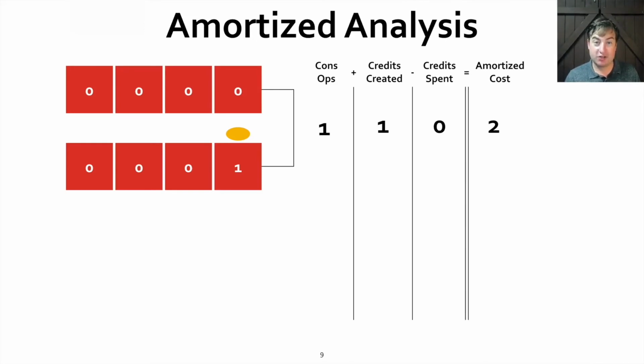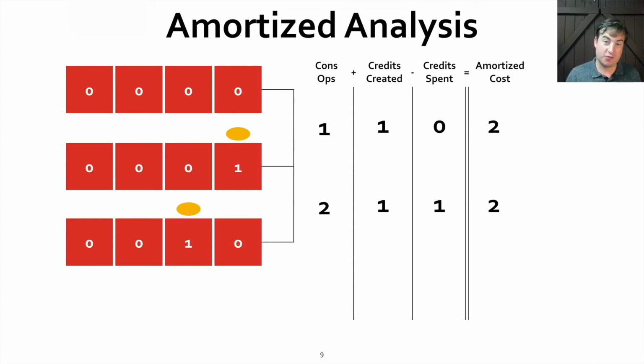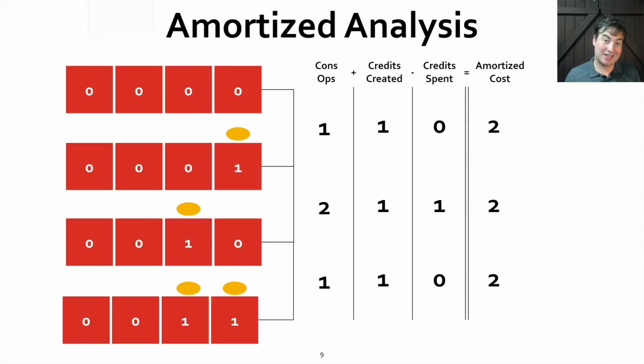And then the next call to increment flips the first bit from 1 to 0 and the second bit from 0 to 1. And then to reestablish the credit invariant, we spawn a credit to put on the new 1 bit, which incurs a cost of 1, but then that's canceled out by spending the credit which used to be on the least significant bit. Again, total 2 amortized costs. This is the essence of the analysis, and you can convince yourself that in every case, the amortized cost of increment is 2. So in order to do this kind of analysis by recurrence extraction, we need to make these credit policies expressible in the source language.